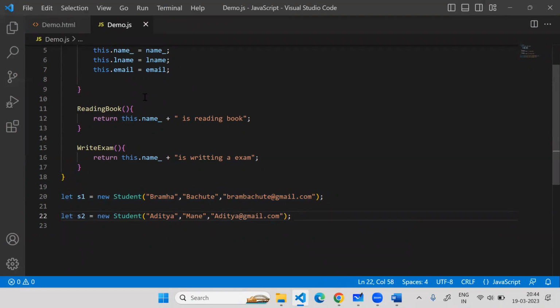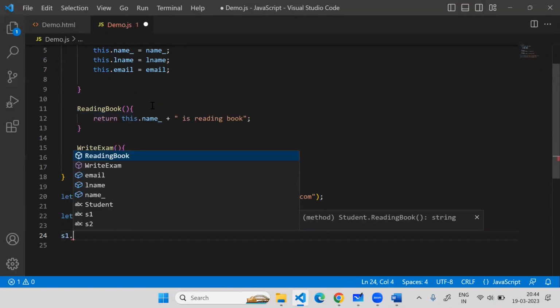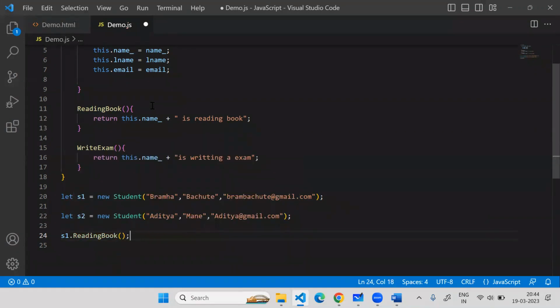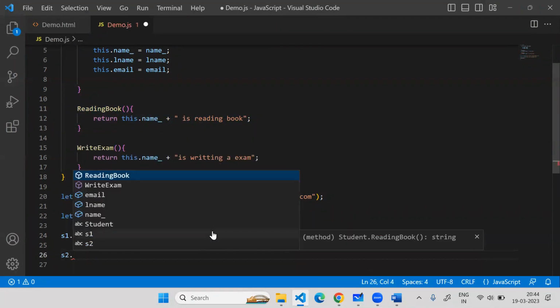So now what is the importance of this keyword? What I will do, I will say S1 dot reading book. Okay. So now you tell me, or you can think over it, who is calling the reading book? Reading book is called by S1. S1 is Brahma. So this keyword is specially going to refer to S1. S1 has the name of Brahma. And if I go here, and I say S2